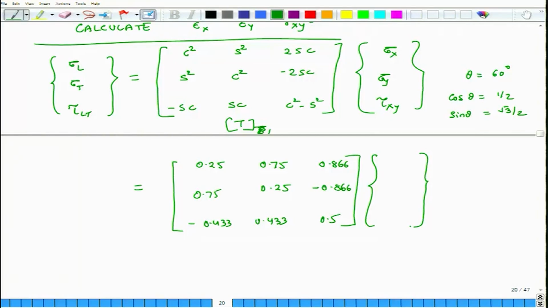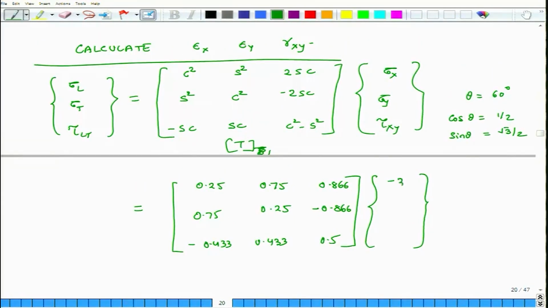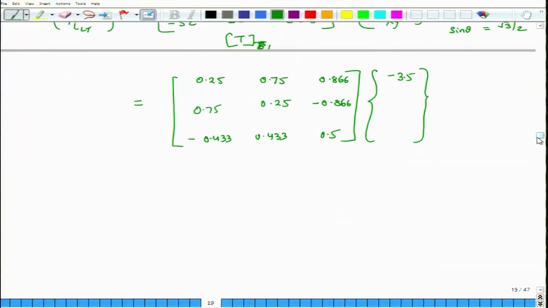Negative 3.5. Sigma y is 7, and tau xy is minus 1.4. Okay. So, if you do all this, then what you get is